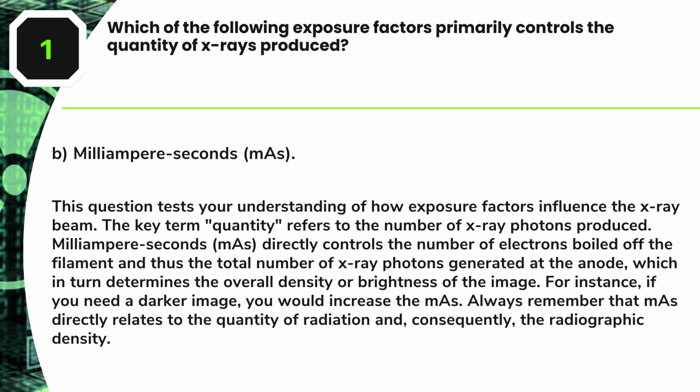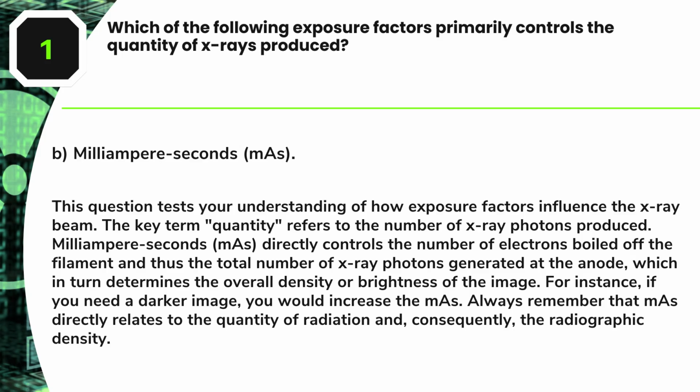Answer, B. Milliampere seconds, mAs. This question tests your understanding of how exposure factors influence the X-ray beam. The key term quantity refers to the number of X-ray photons produced. Milliampere seconds, mAs, directly controls the number of electrons boiled off the filament and thus the total number of X-ray